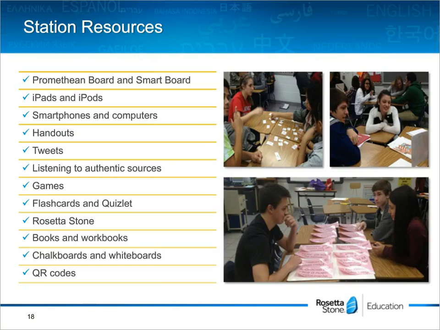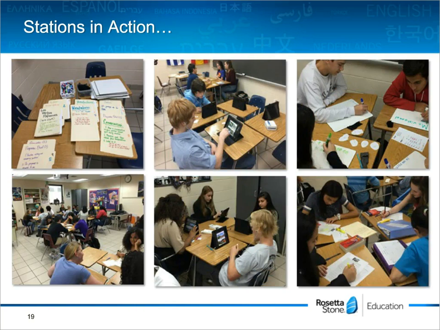So in this next slide, you'll see some pictures of the logistics, how I set up the station. Looking at the very first slide, it shows these manila folders, and this is how simply I do it. You can take a manila folder, or you can use a large envelope and put all of your materials inside of it. I like to write the directions very clearly on the outside. Depending on the level, I will do the directions either in English or Spanish.